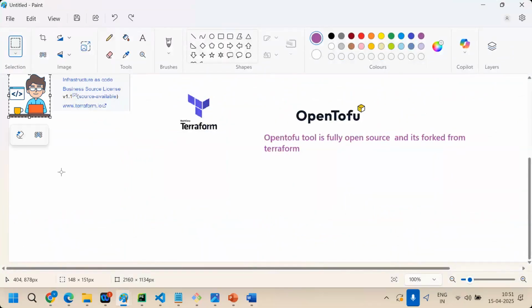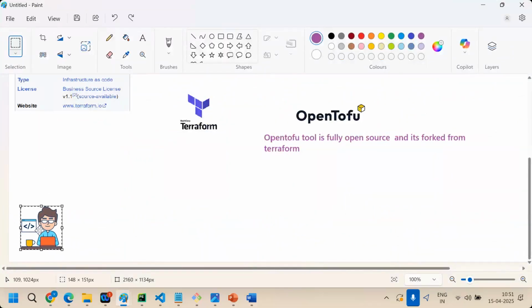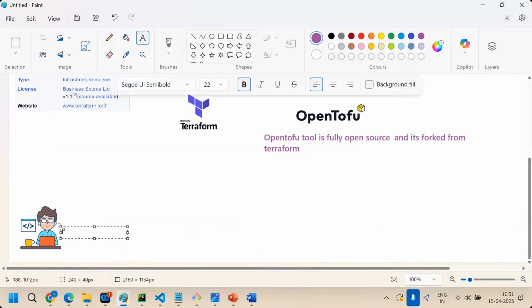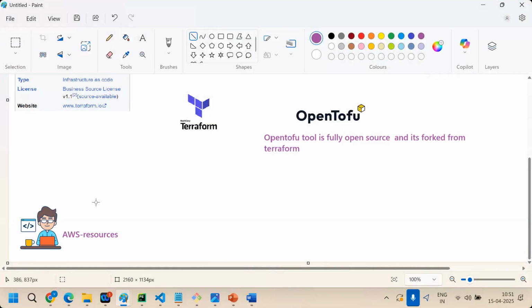Here I'm on my laptop, developing a Terraform code to create AWS resources. In this case, my request has to go to AWS.